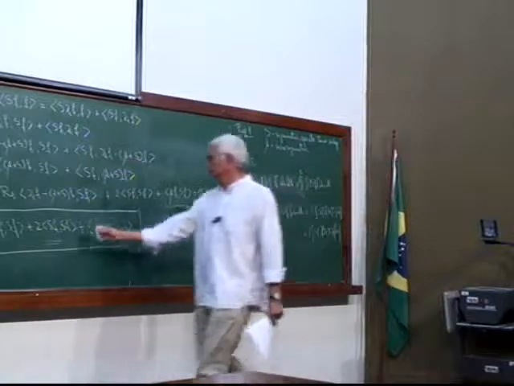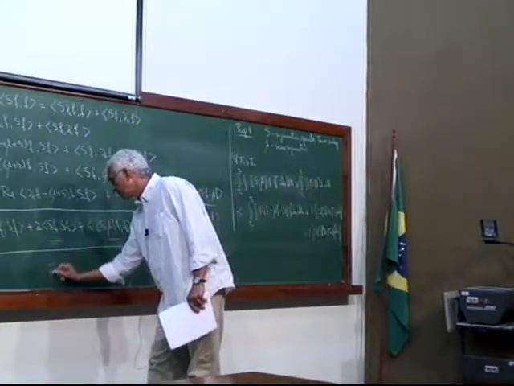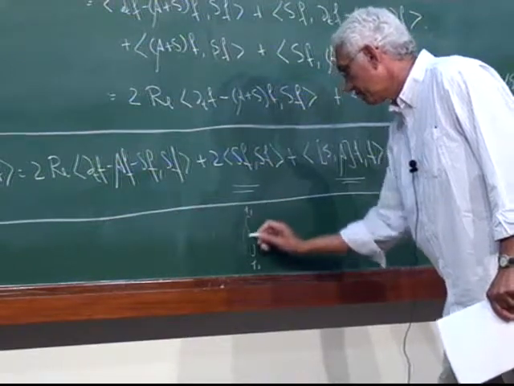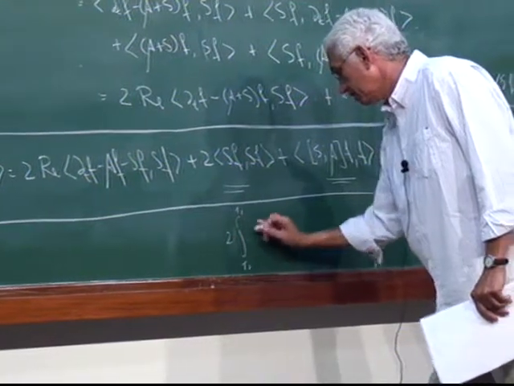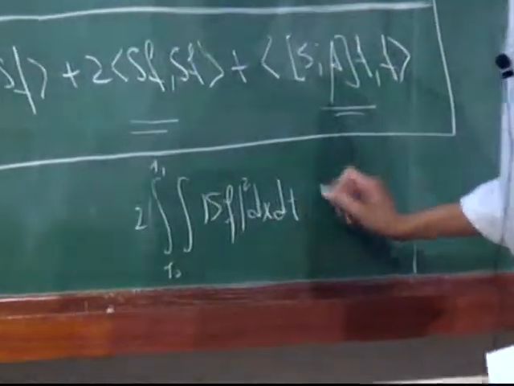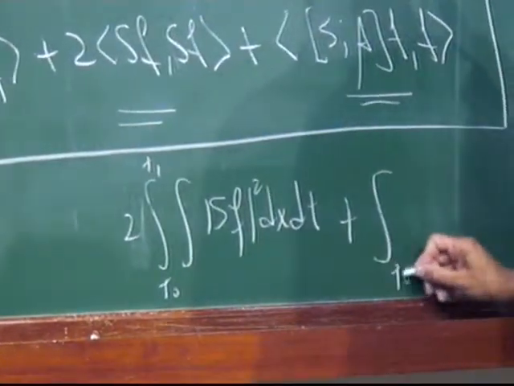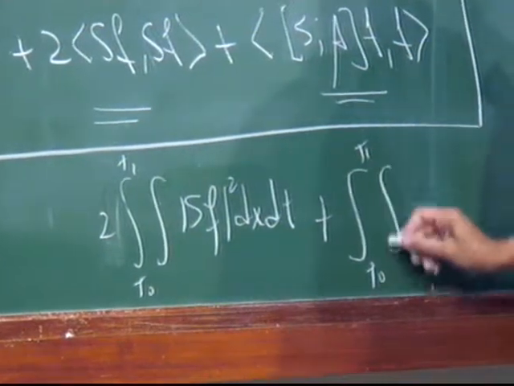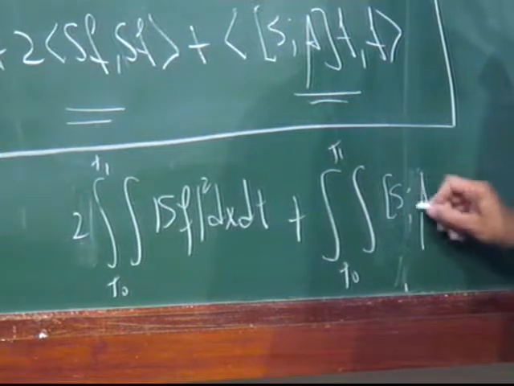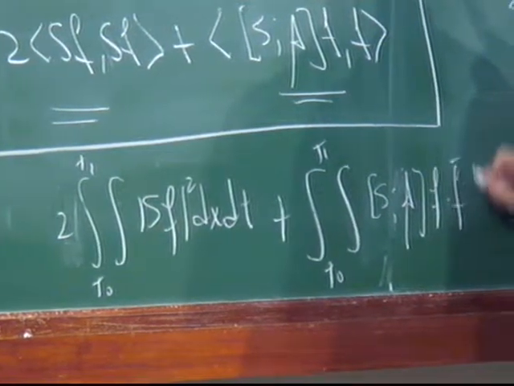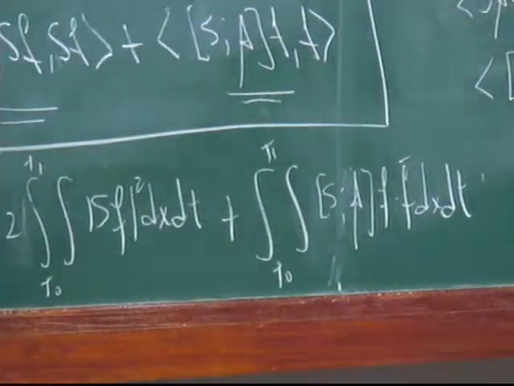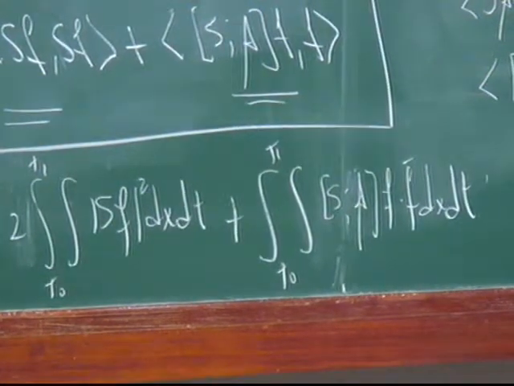Therefore, if I do this integral, I have twice the integral between T0 and T1 of SF squared dx dt plus the integral between T0 and T1 of SA F conjugate dx dt. This is going to be bounded by the integral of this,